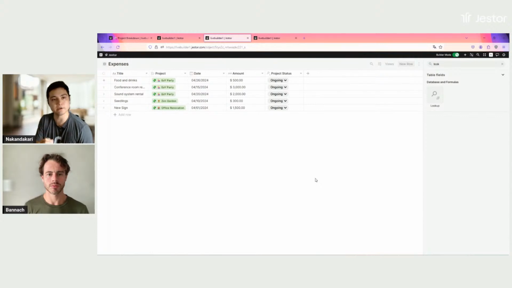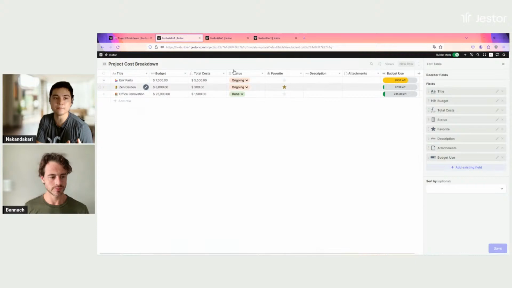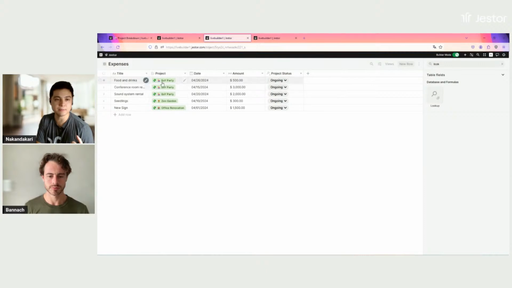It's always pointed to a project. And you can see that we have multiple expenses here. And what we have here in the project database is a roll-up field which is summing up all of the expenses, right? So if we look at the end of year party, if we look at the expenses, we have